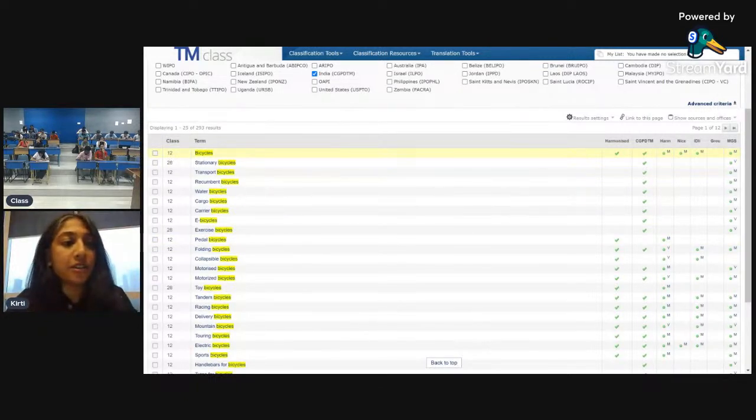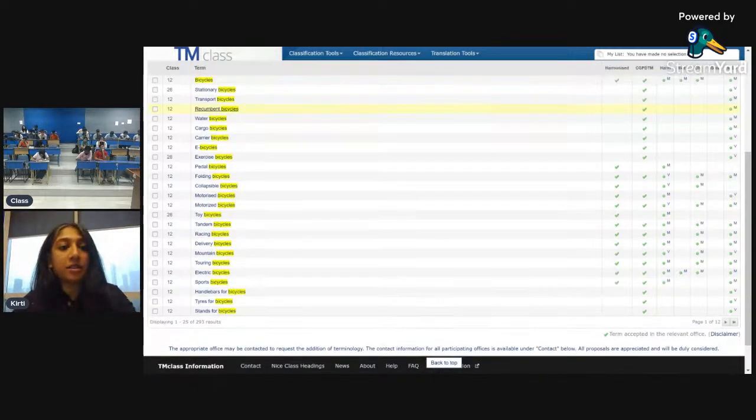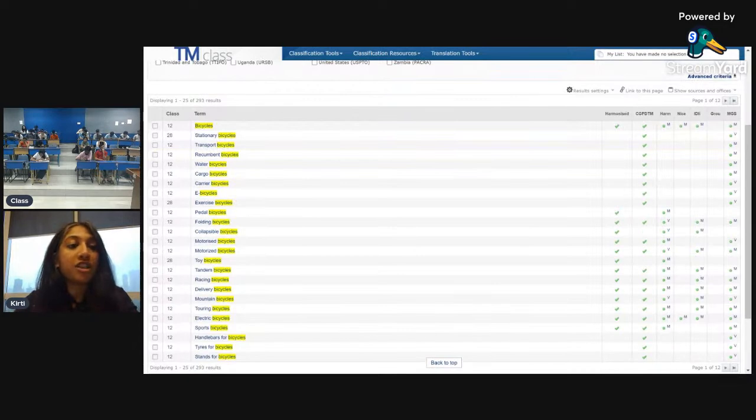There is also class 28, where all of the stationary bicycles, toy bicycles, and exercise bikes are falling, as equipment for, say, health and things like that, whereas regular bicycles as modes of transportation are falling under class 12. So that's really where you are.